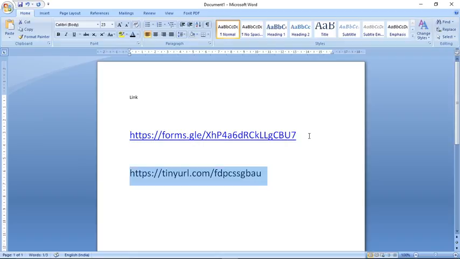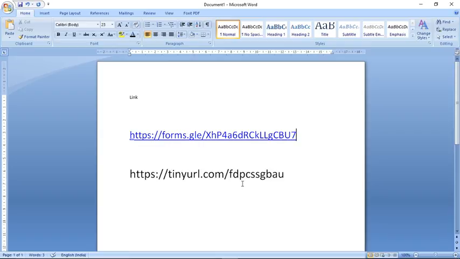and you can check it out. As compared to the previous one, the better thing in this URL is I just don't have capital letters, I just don't have numerals, I just don't have special characters also. So straight away in a simple FDPCS SGBAU. So if you are getting, even I can write my name also, Rajesh. Okay, suppose the URL by that name is present, it is allowing me, and this way it is allowing me to shorten my URL.